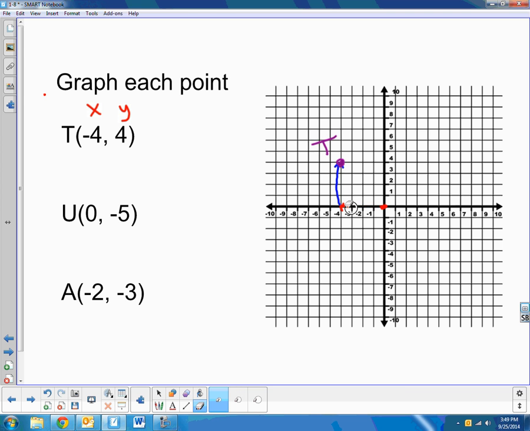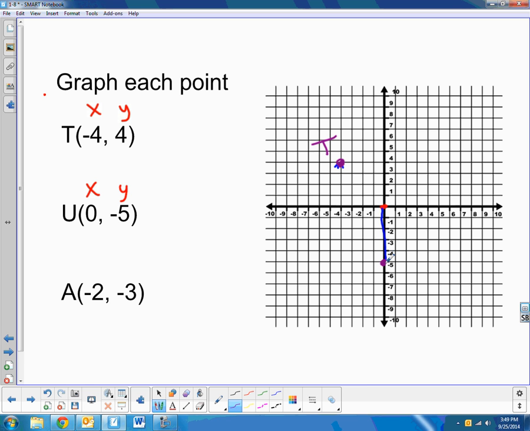Okay, I'm going to assume that you tried the other ones. I'm going to erase my marks here, and we'll try this again. So for U, we got our x coordinate is 0, our y coordinate is -5. So I start at the origin, and for my x, I go left and right 0. I do not go left or right at all. And then for my blue, for my y-axis, I go -5. So I'm going to go down 5, and I'm going to make my point, and I'm going to label that